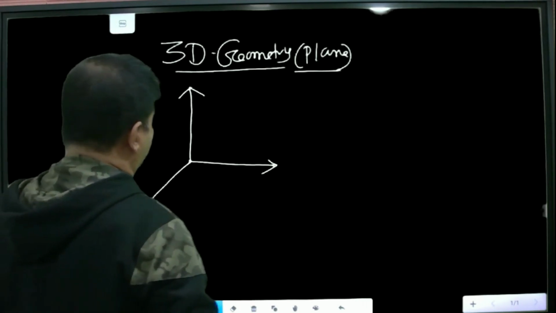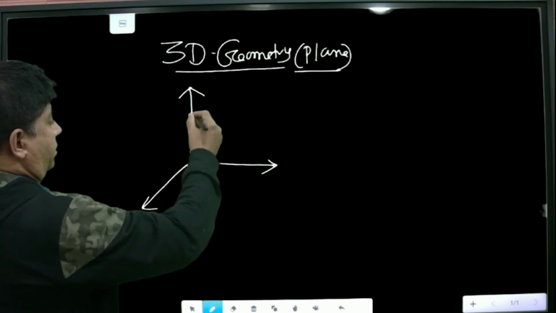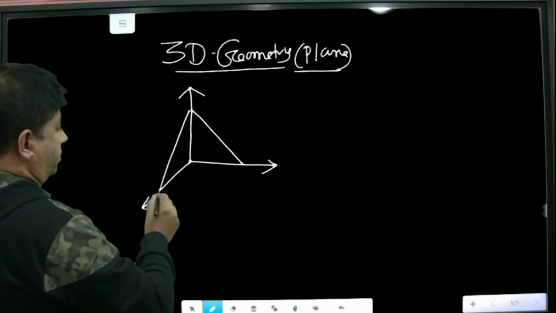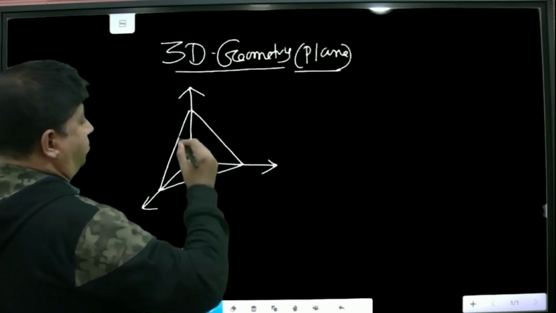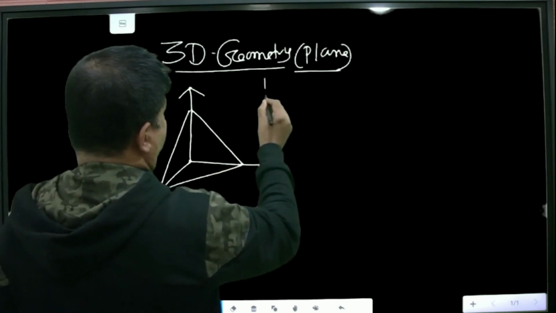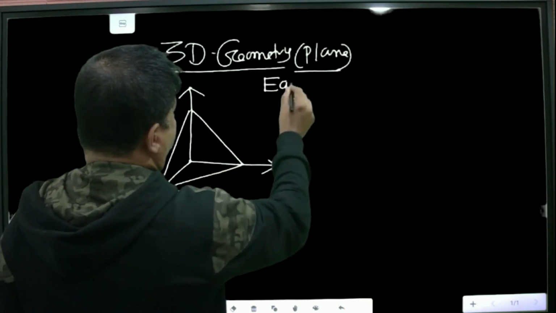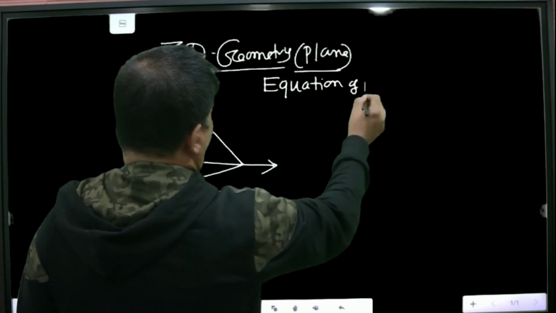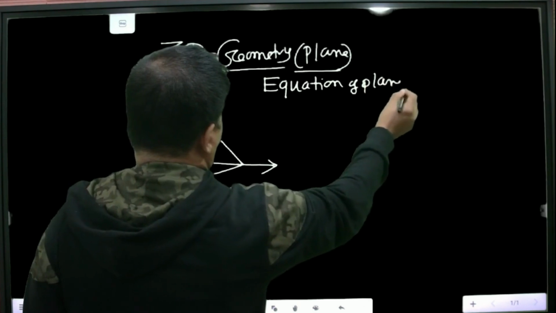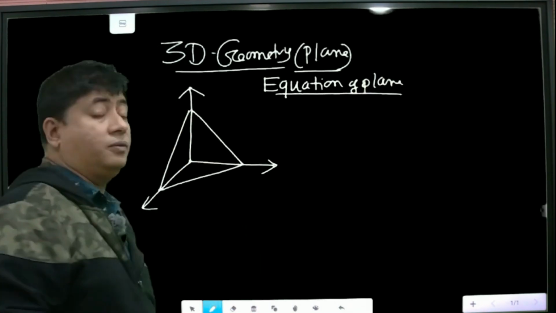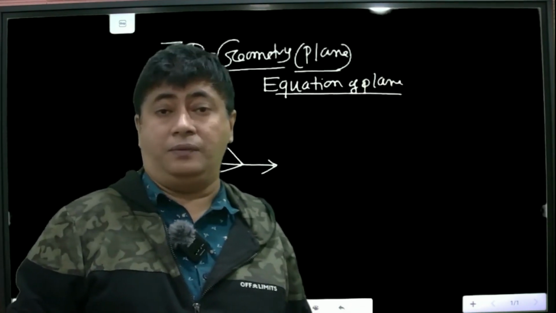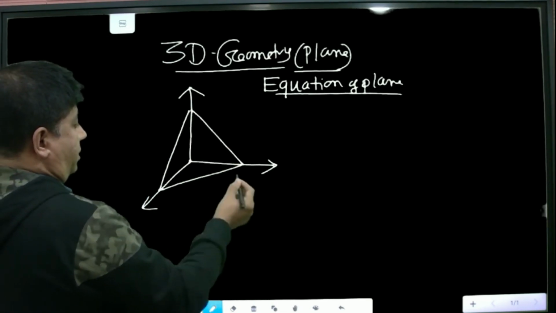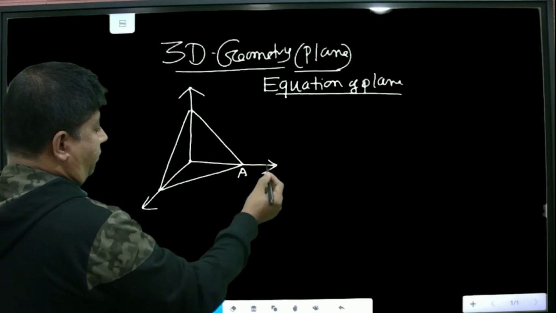Now you draw one plane. Let us discuss about equation of plane. Equation of plane. How to find the equation of plane? See, this is one surface. Let a plane